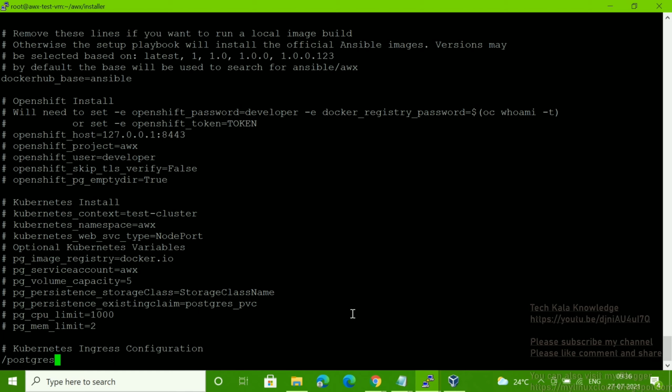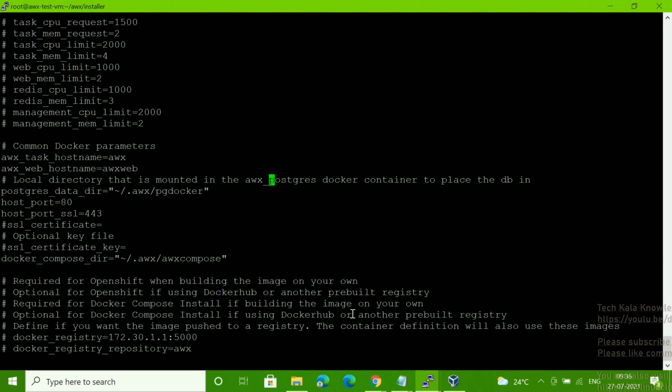Where is your Postgres? Okay, so see, postgres_data_dir means directory. So we have to change this directory path here. What we have to give here, I will show you.